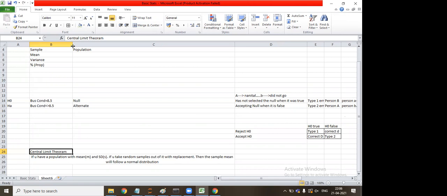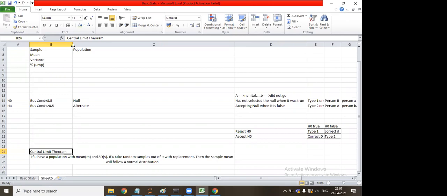Sir, how is this replacement criteria fulfilled in the example you have given? In this example, I'm not talking about replacement. I'll take another example for replacement. I'll explain replacement again, but just for a better understanding for you guys, I will take this example. Replacement is a thing that normally happens when you take a sample, you place it back, and again the same sample has an equal chance of being selected like any other sample. That is replacement. But in this example, it won't suit. So don't think about replacement right now.